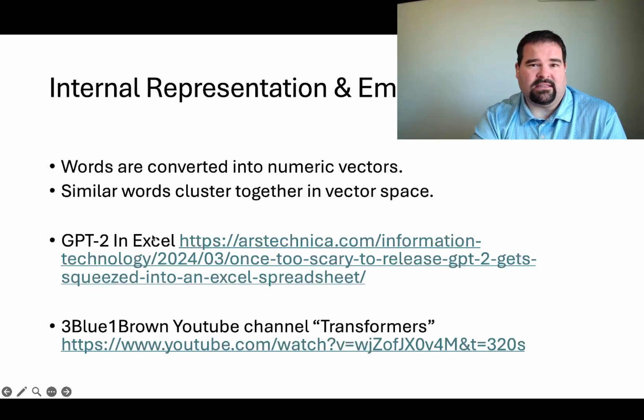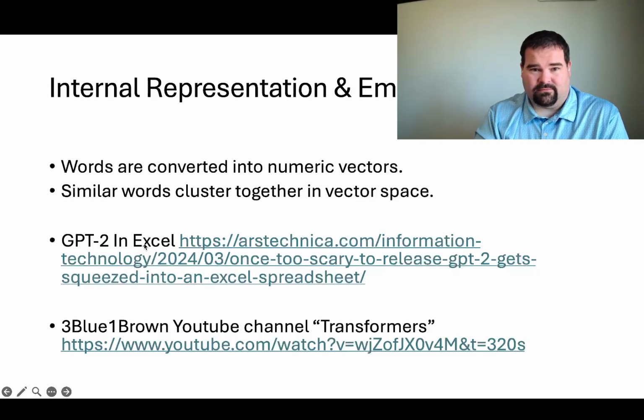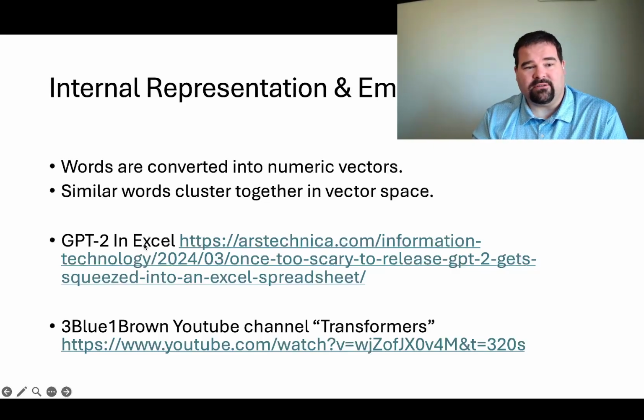If you are a hands-on person and you want to understand how these GPTs work, someone last year went and converted GPT-2, which is a very reasonable large language model, into Excel. And you can literally track how it all works in Excel. This is a 1 billion, I'm sorry, a 1 gigabyte binary file,